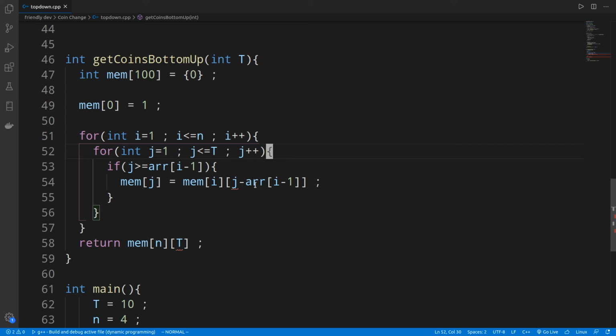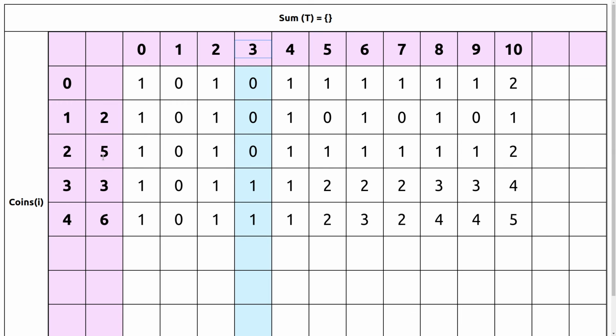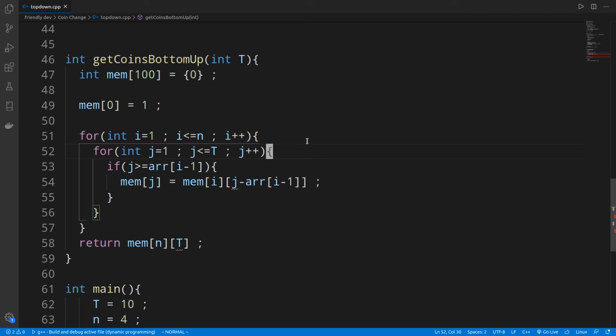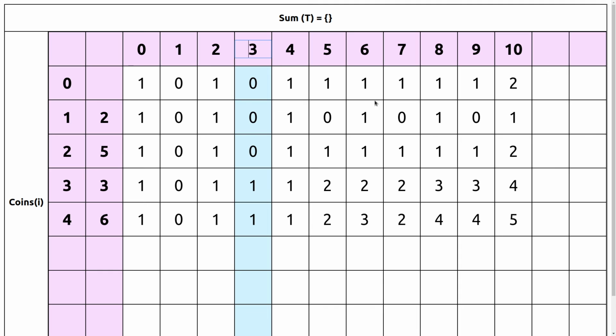That itself corresponds to the number of ways by excluding the current item, right? So we only modify the jth index, or this particular cell.